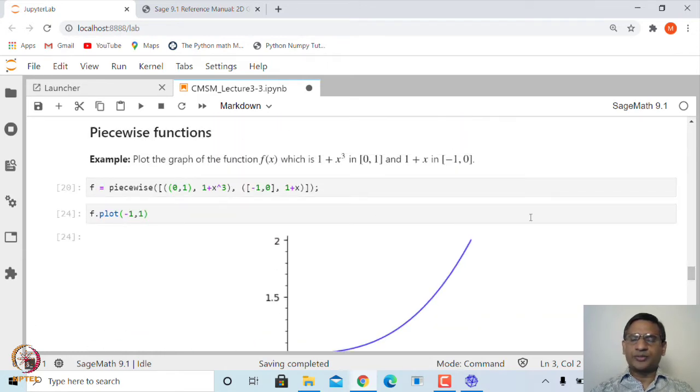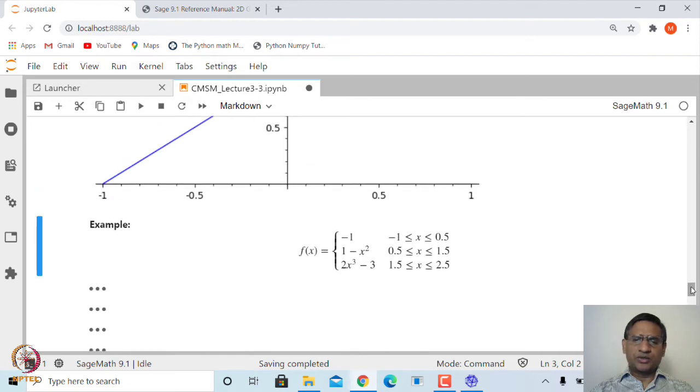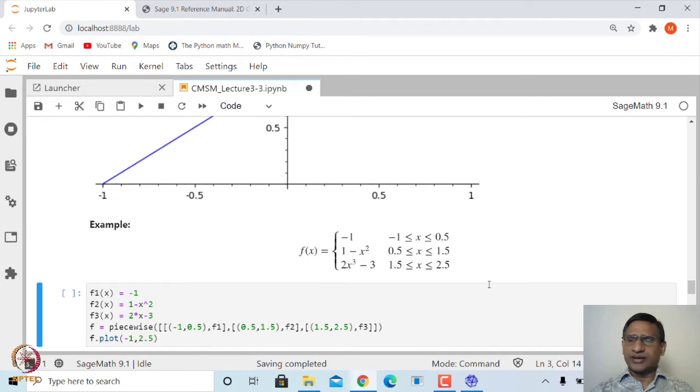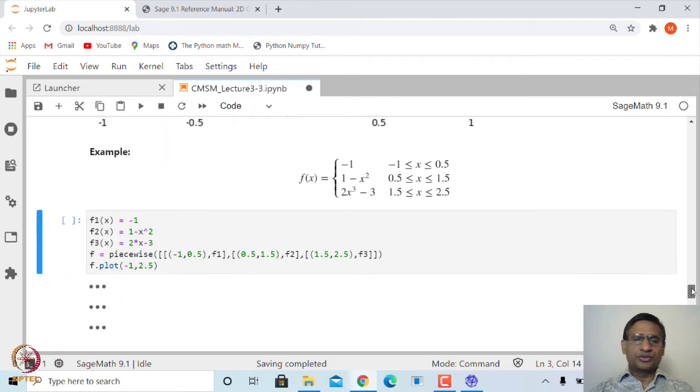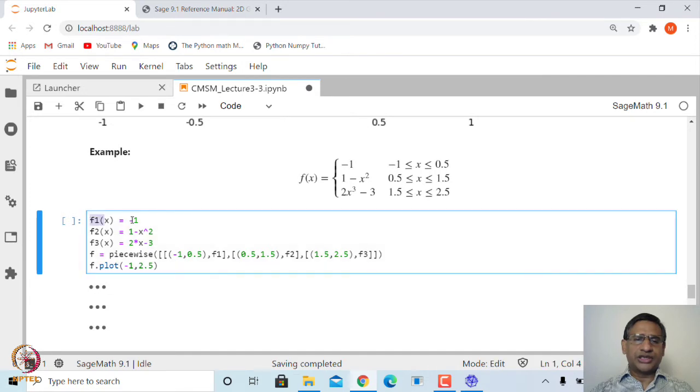You have to have one more component, but you can define them separately and then combine them together, that you can also do. So, I have defined f1(x) is equal to minus 1, f2(x) is equal to 1 minus x square, f3(x) is equal to 2x cube minus 3, and then you say f is equal to piecewise.